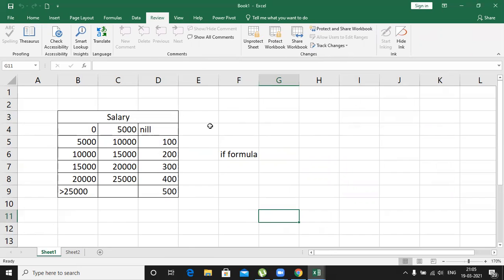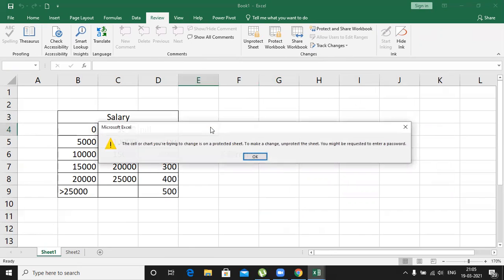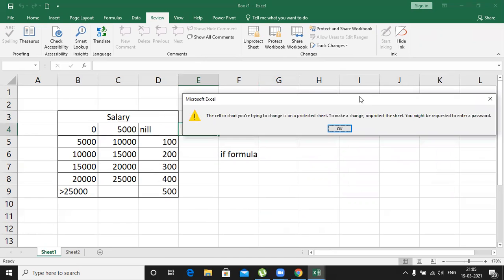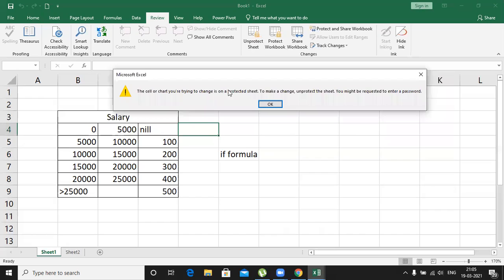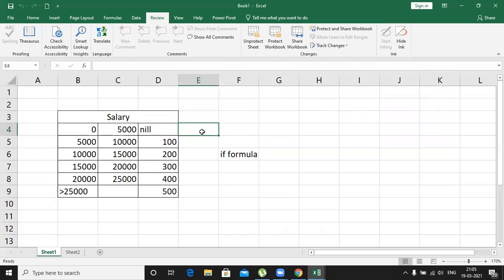If I try to type something in the worksheet, it is not allowing us to edit or enter data, and you get a caution message. So the cells I selected to type data in are protected. It's already a protected sheet. I have to unprotect the sheet, and only then will it allow us to enter the data.